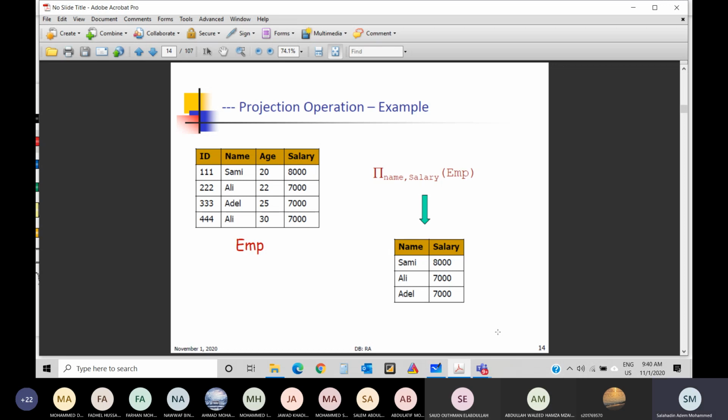Any question? Of course, I'm showing you selection separately, projection separately. You can combine them, and then it will be much more powerful. But I'm going to show you separately, and then I'll combine them in an example also. So to choose a particular column, you have to use this symbol, the pi. It looks like a pi symbol, but it is projection.